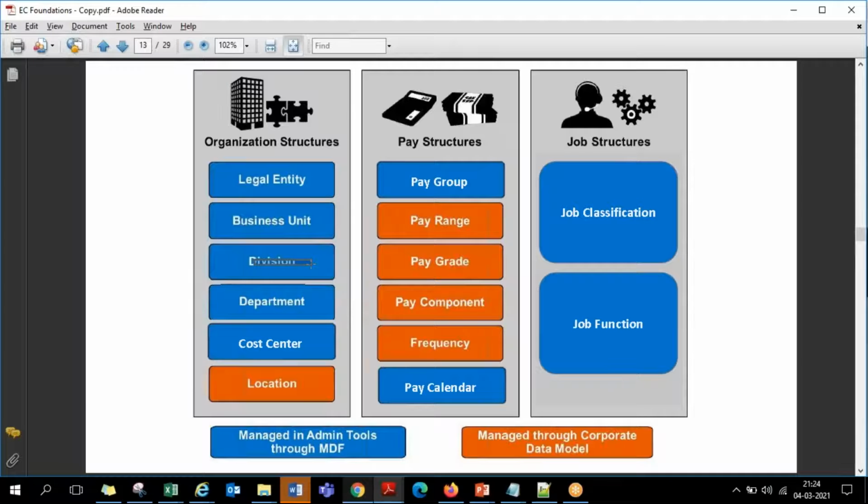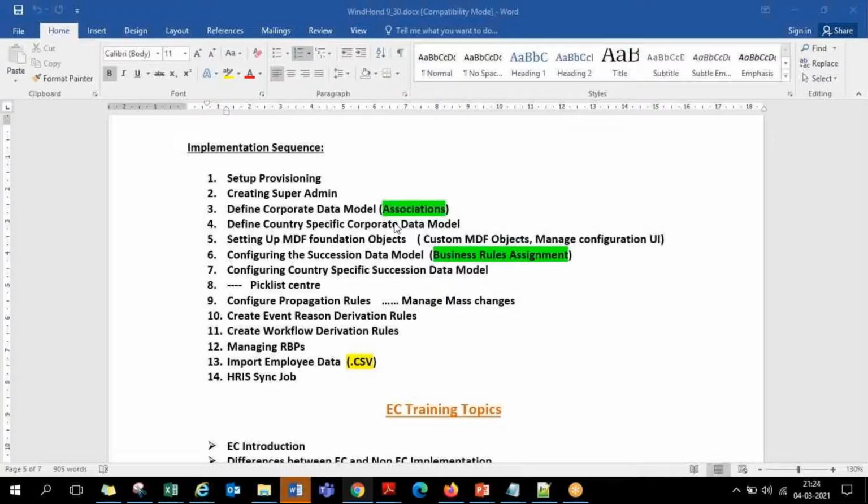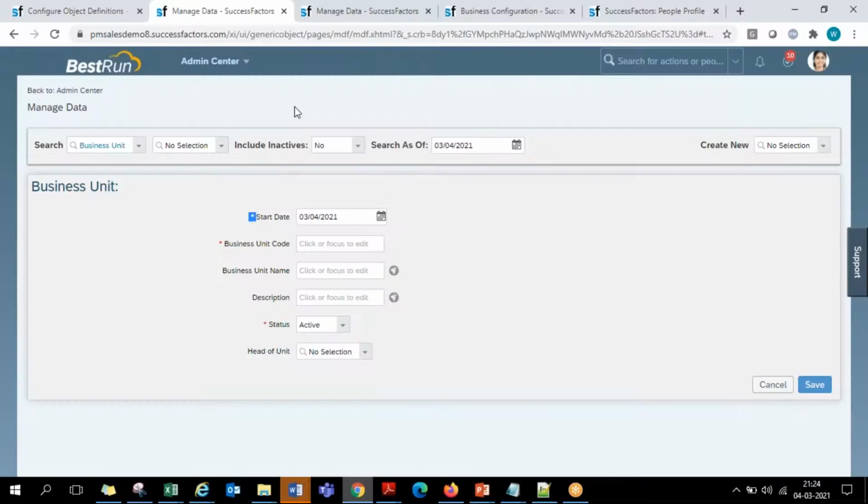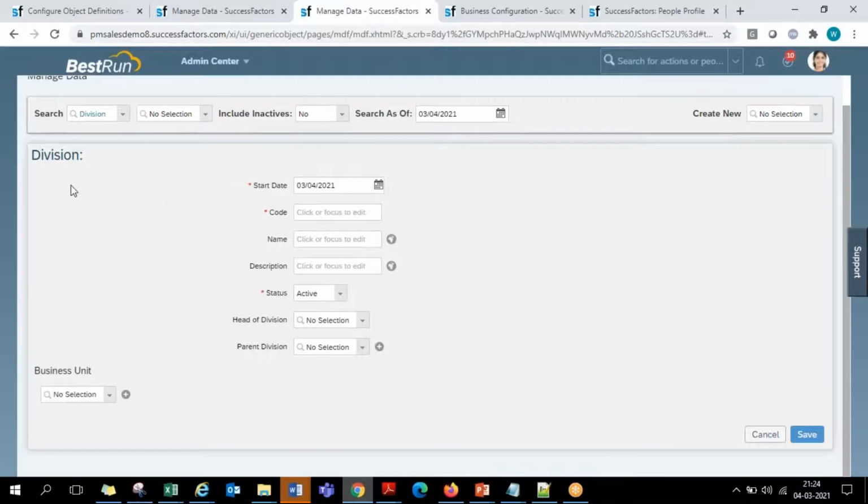So when we use this configuration process of association between the layers, the system will start bringing in this association relationship, where whenever I am creating one object, it will ask me for my parent. That is, when I am creating a division, it is asking me under which business unit you want this newly created division to be placed.